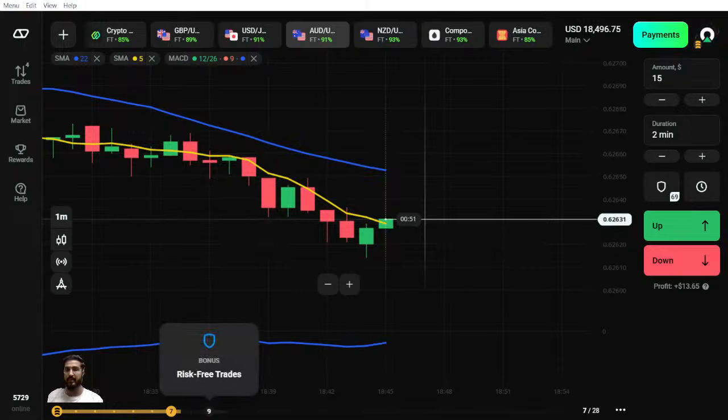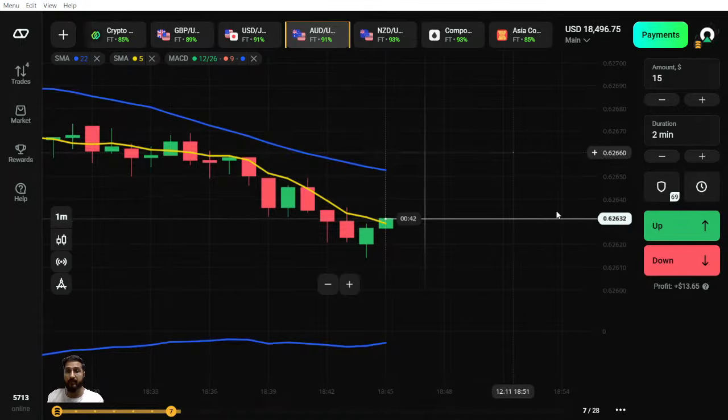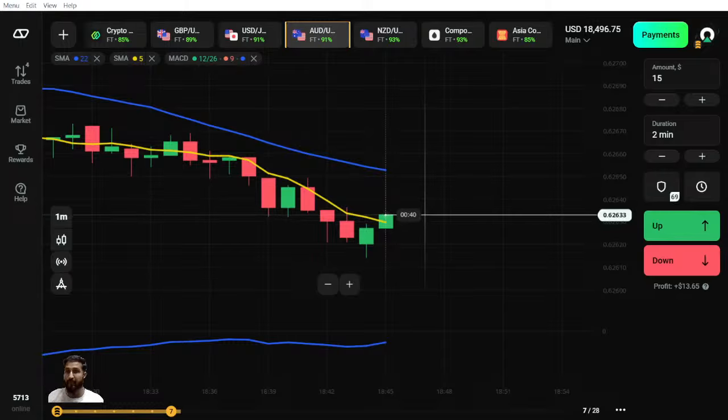So slowly and gradually, as you keep moving ahead on your trader's way, you will be getting some RFTs. And the best part is that these RFTs do not have any expiry date, so it's not required that you use them then and there. As you can see, I have a lot of RFTs, and these are not something I gained within 1 or 2 months. I have been collecting them for a very long time, and I use them whenever required.